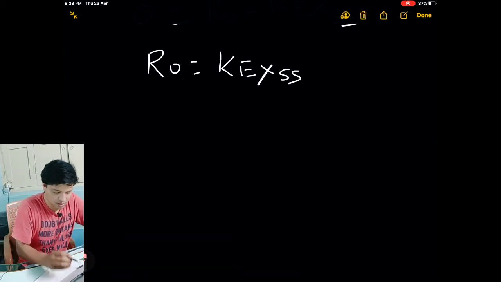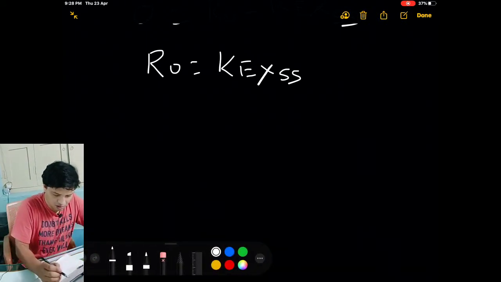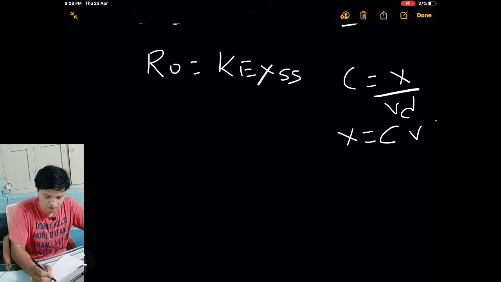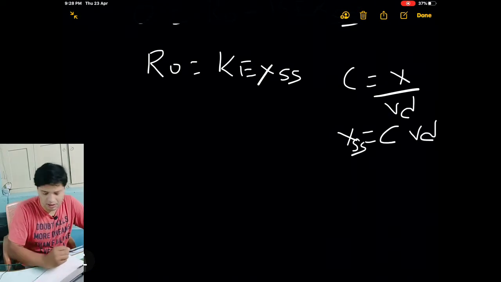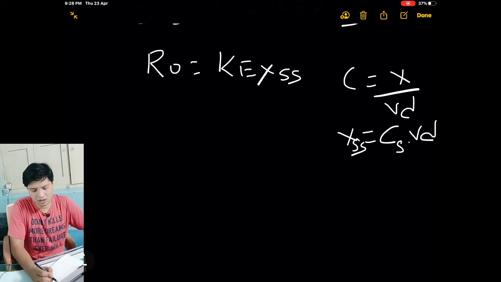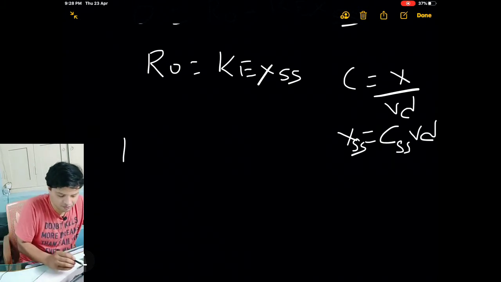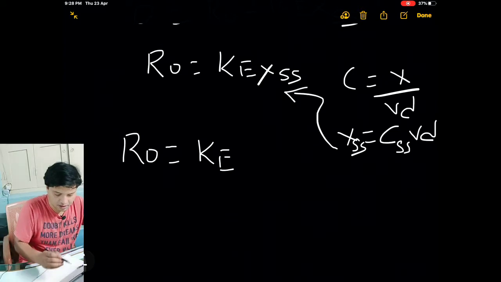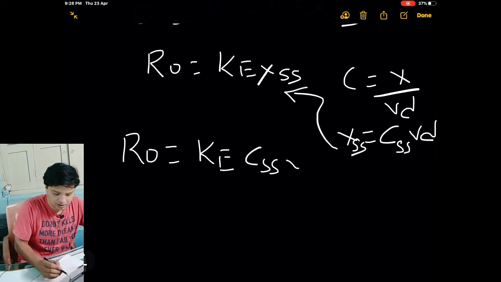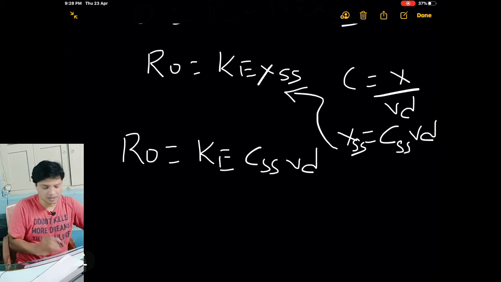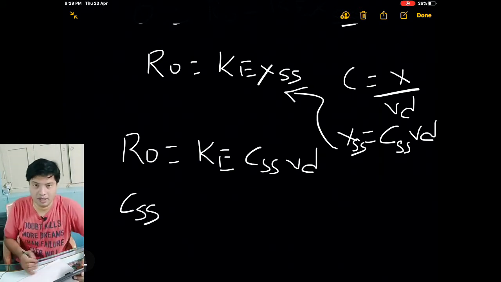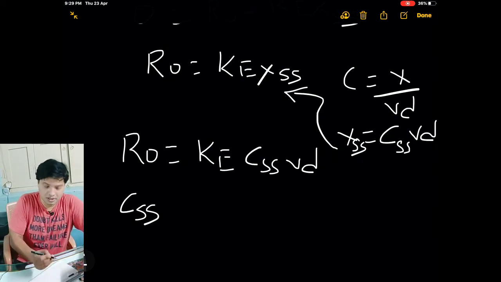So concentration is equal to X by Vd. So amount is equal to concentration into Vd. If I take the amount as the steady state amount, then the concentration will be the steady state concentration. So what I will do, R naught is equal to Ke into the amount. Substitute this equation here. What will you get? CSS into Vd. I want only the steady state concentration, so you will get the steady state concentration